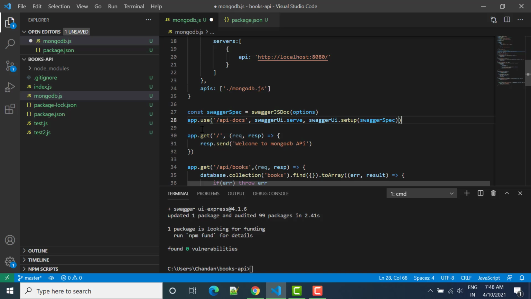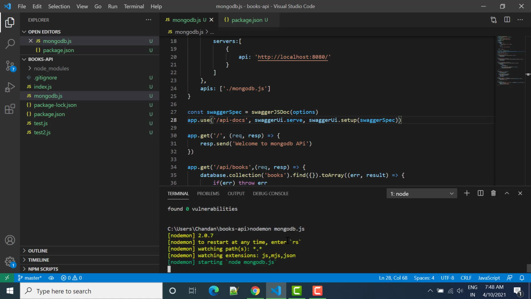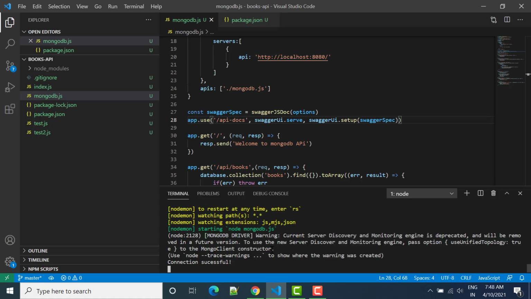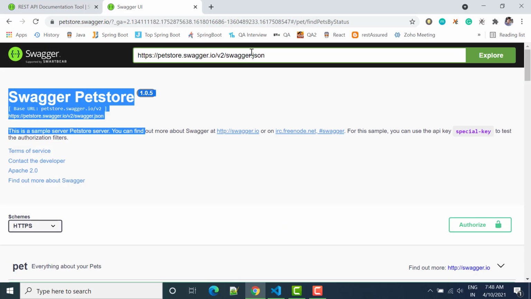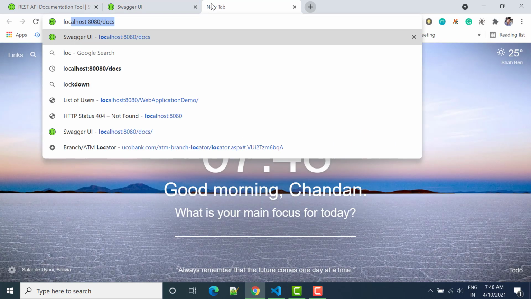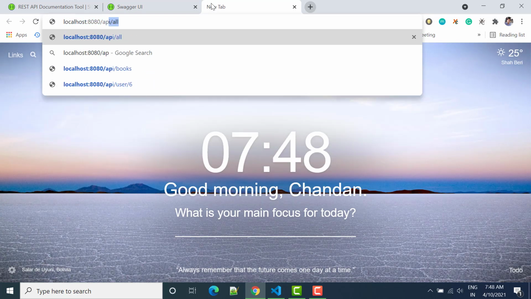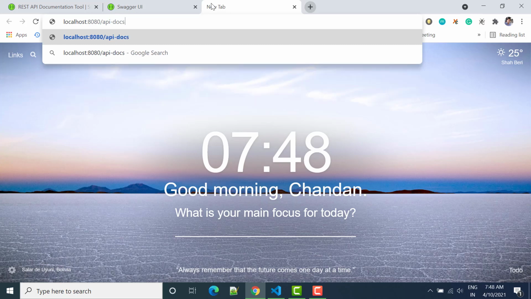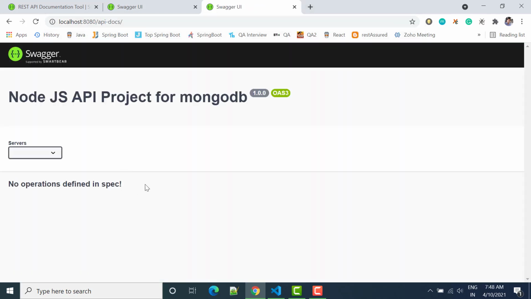After that, once you save it and run it, so let's run nodemon mongodb.js. If everything is okay, you can see connection successful, and whenever I write api-docs it should open. So let's say I write localhost api-docs.